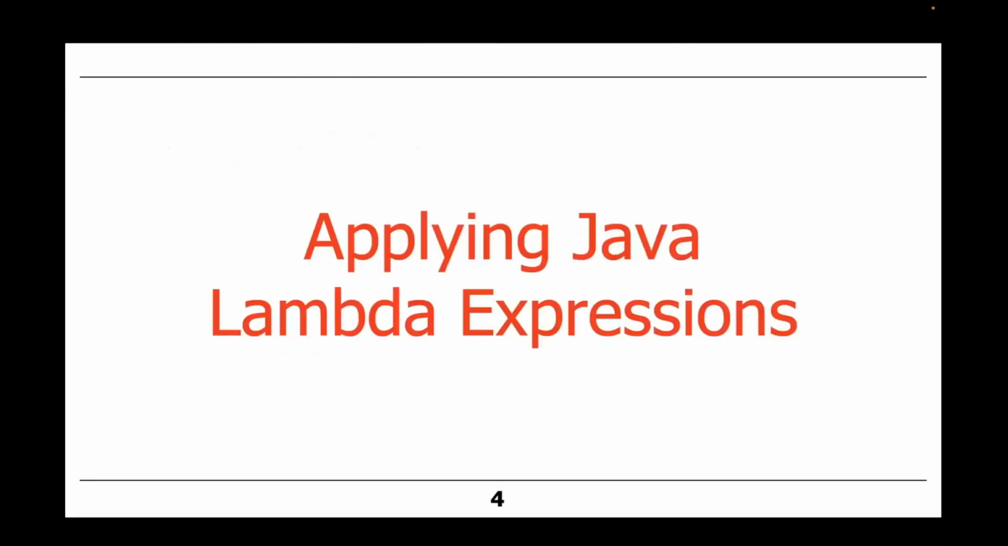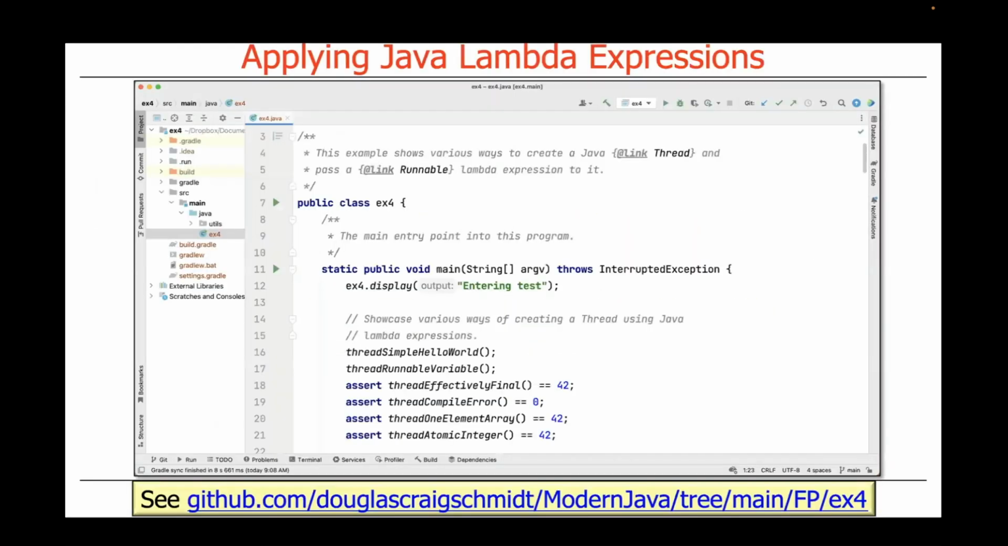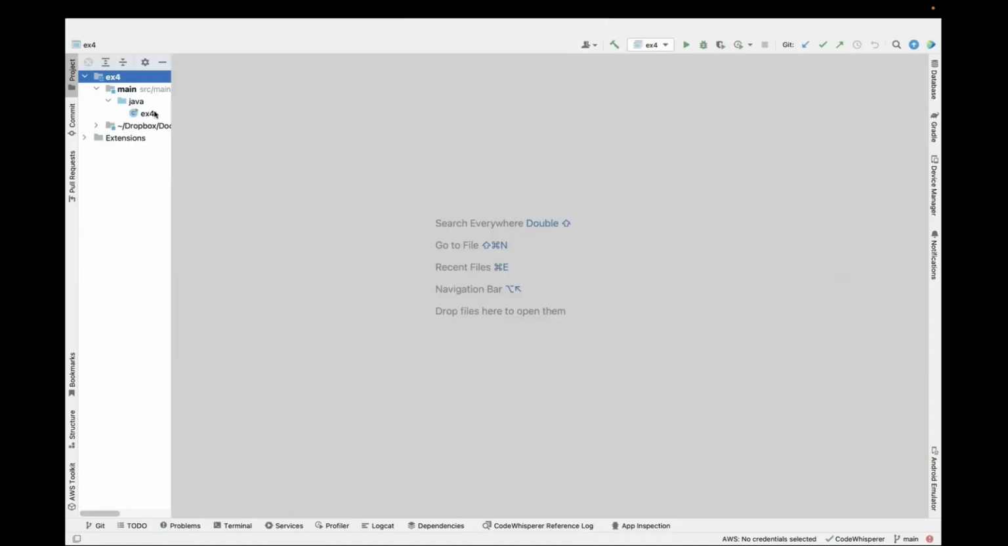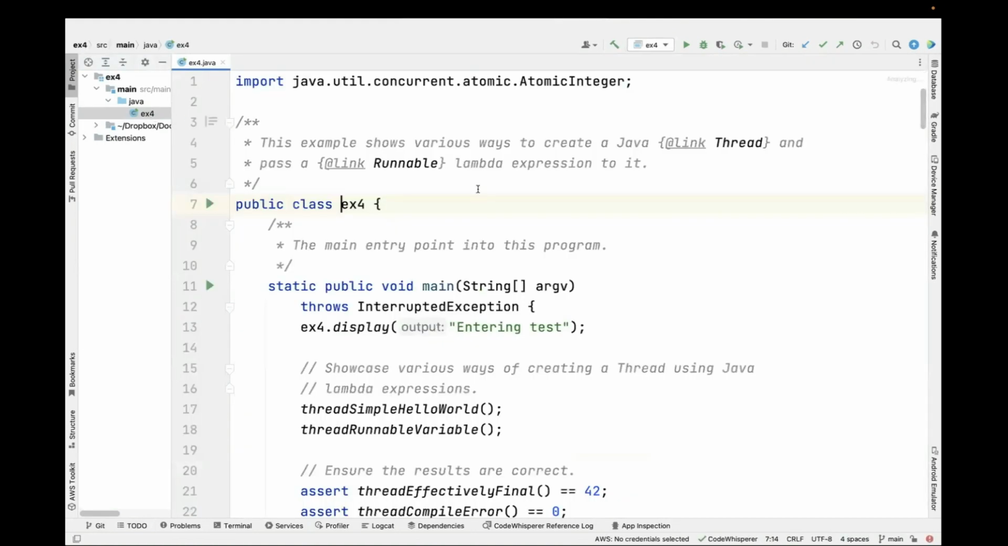with that thread. And you can find this particular example, which we're about to walk through, in the ex4 project in the FP folder in my modern Java portion of my GitHub repository. So this is the modern Java repository on GitHub. So we're now in my IntelliJ project for case study ex4. And this particular example is going to show various ways to create a Java thread and then pass a runnable